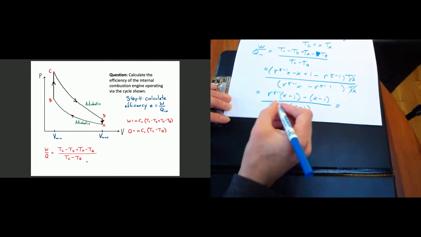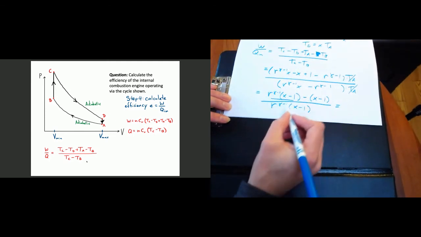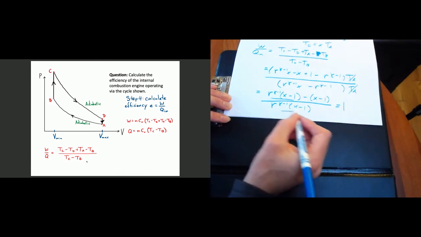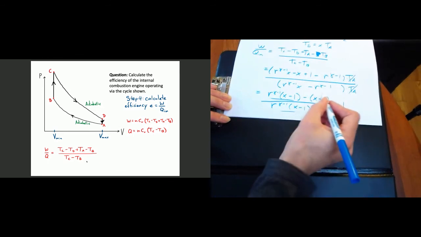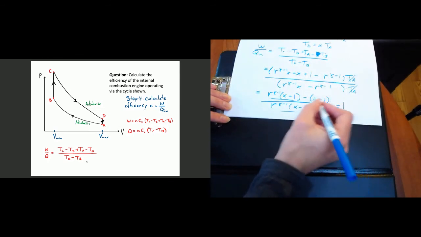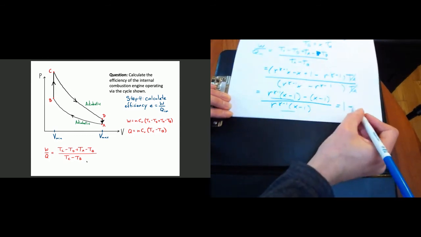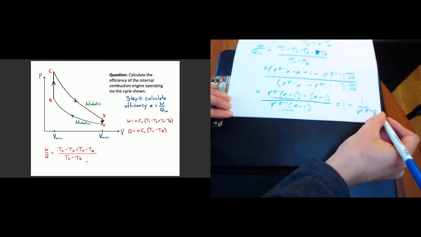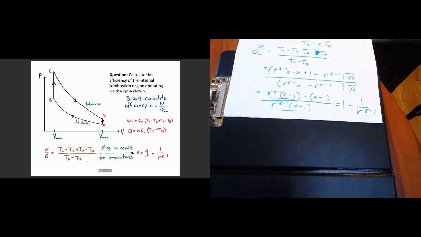So you see the first term here is just 1. So it's this guy over this guy. Those are the same. And so our first term in this expression we can say is 1. And the second term, it's minus x minus 1 over x minus 1 times r to the gamma minus 1. So it's actually just minus 1 over r to the gamma minus 1. So we actually get this very simple final result